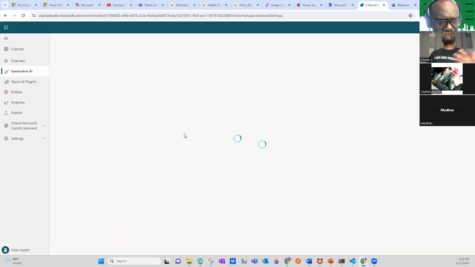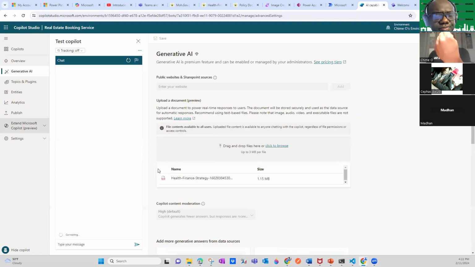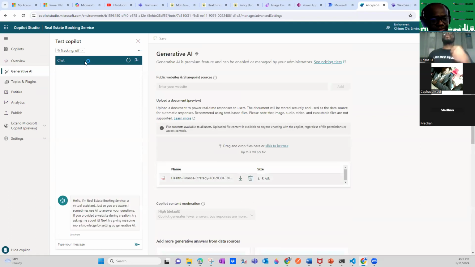So the whole concept around this is you've got your data. You want to be able to test the Copilot, okay?